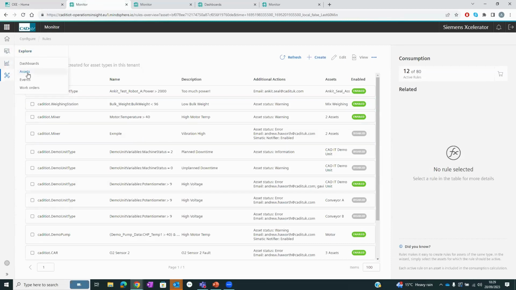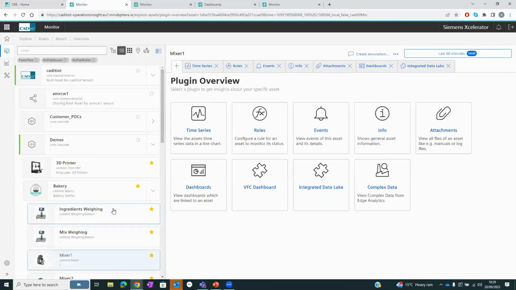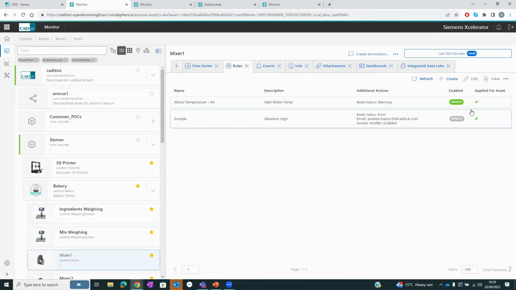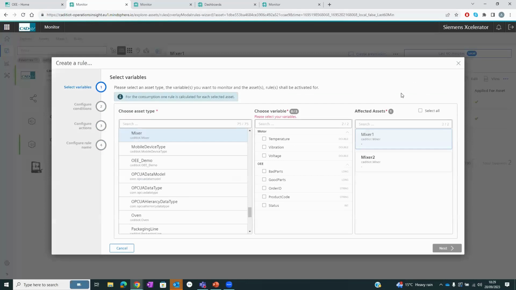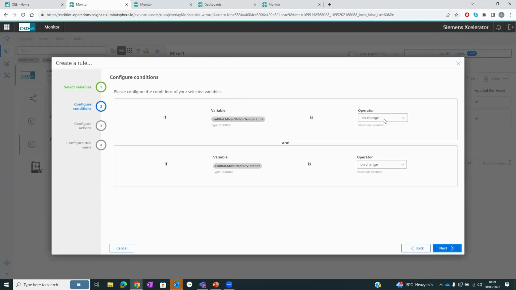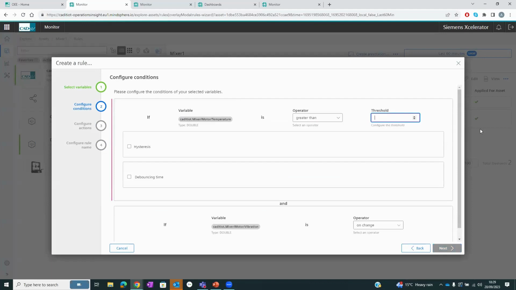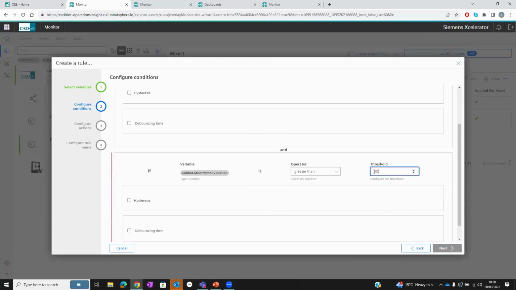So you can see there's a number of rules here, but what we're going to do is actually go to the mixer. We're going to set up a rule, and you can now see how easy it is for the engineer to set up a rule, maybe for the vibration on the motor, or the temperature on the motor, or both. So you can see here, we can select the asset, and we can say that if this is greater than a particular value, so maybe 40, and then if this is greater than 30, for example,